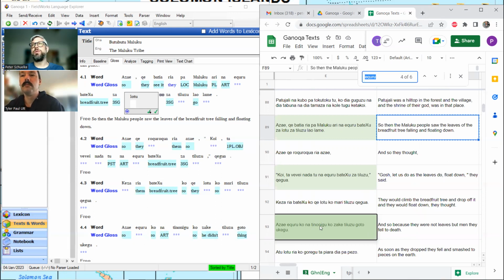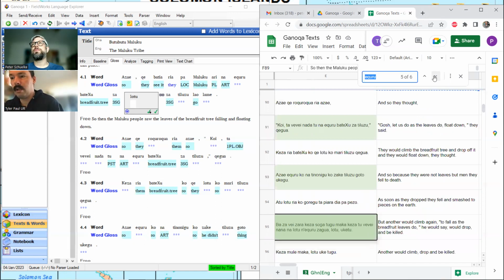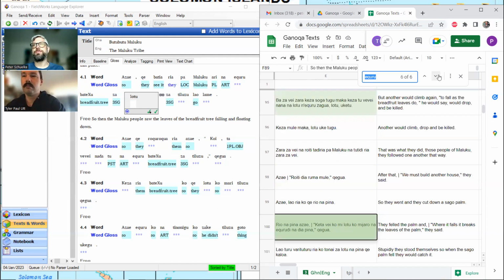There we have Tinoni Hu. I'm guessing that's men from POC Tioni. I agree, person or man. We see Tino and Tio, both forms. Did we talk last week about the TOTA thing in Roviana? Maybe we talked about that off camera, but anyways, we're looking for this kind of word. There we have Nenguru, which is contracted. I think we can be pretty confident that Nguru means leaves. There we get it with nothing but leaf, and we get Lotu again for fall. So we've kind of confirmed all three with this a bit.